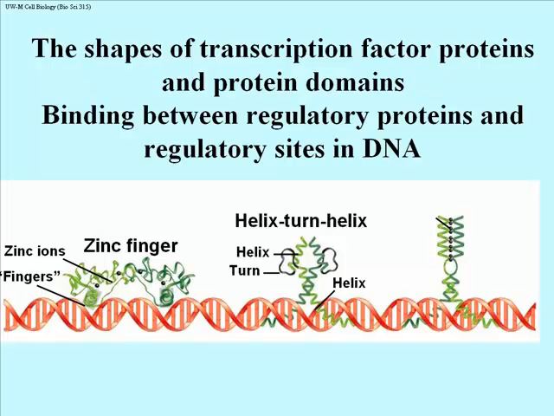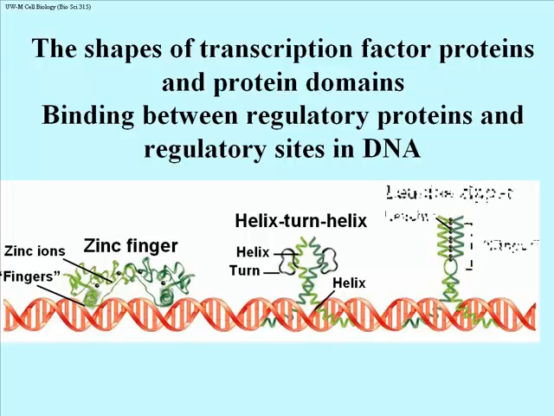Another example of a DNA binding protein is the helix-turn-helix motif. This is characteristic of a number of bacterial gene regulatory proteins. And you can see the helix, the turn, and then the other helix, and you can see the helices that project from this and actually also penetrate the major groove. So those penetrating helices at the bottom are what are really recognizing specific base sequences in the DNA.